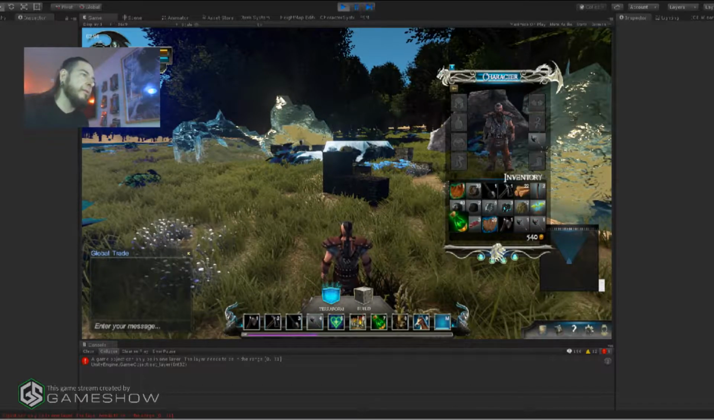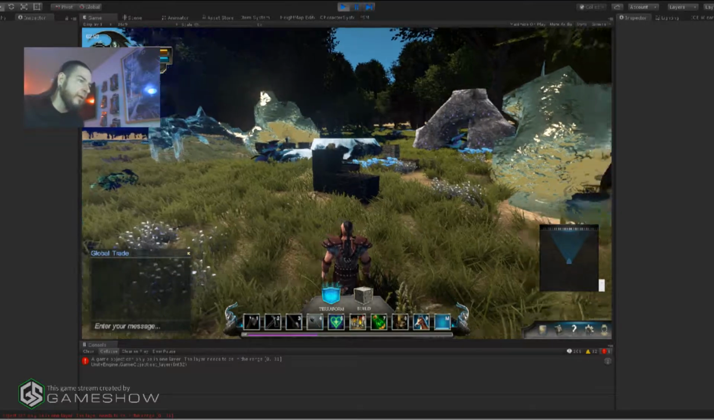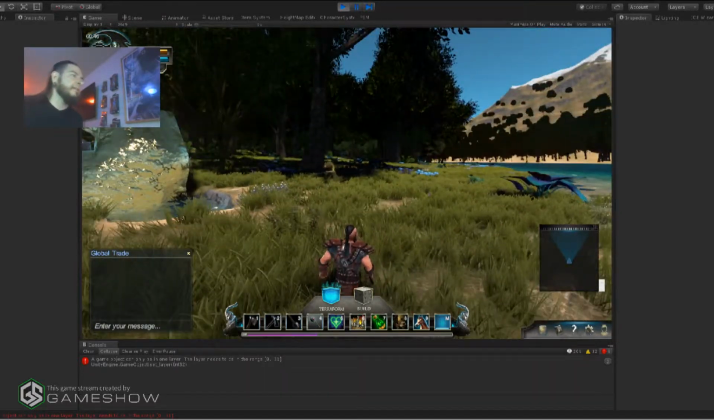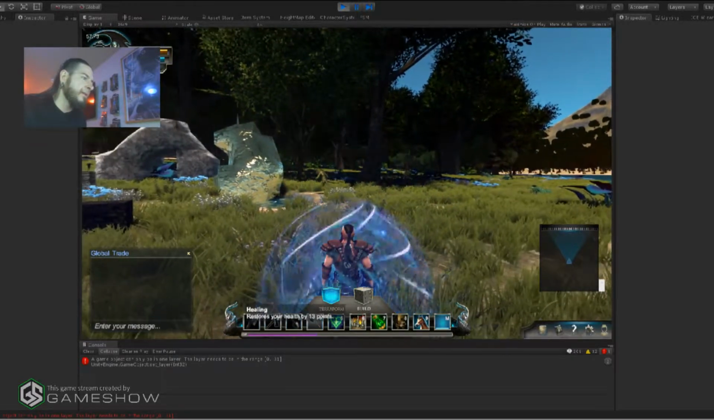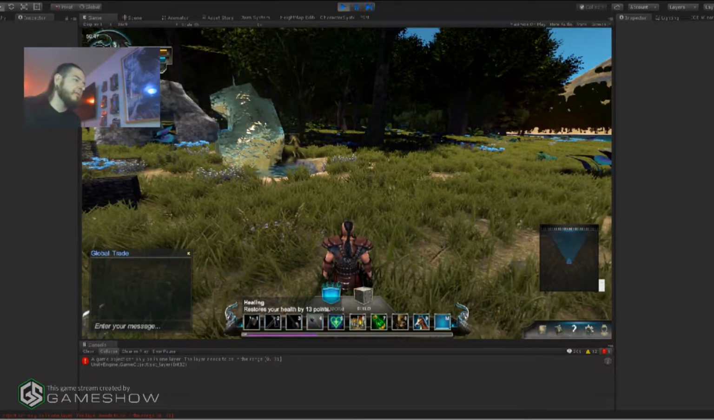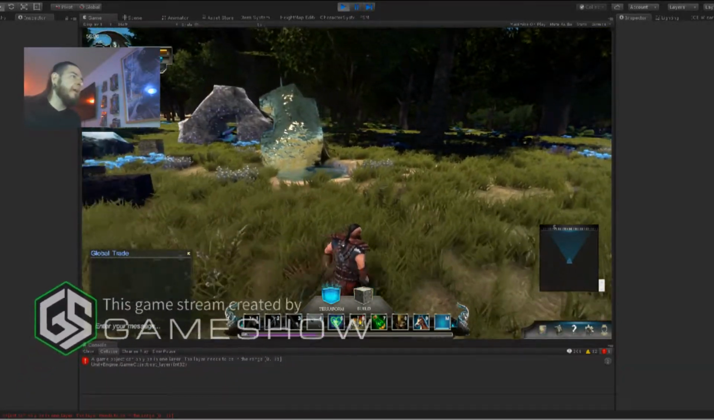Oh, come on. Oh, I don't know why it's doing that. There we go. Okay, so now I can heal myself. I can actually heal myself through magic too, so let me do that first. But yeah, you can see the, okay, so here